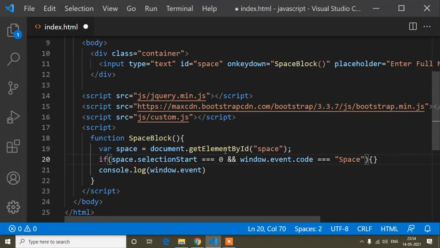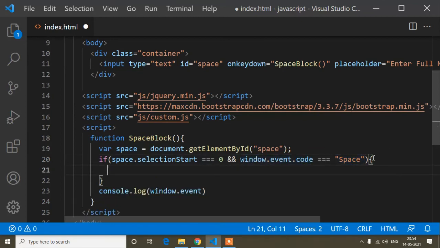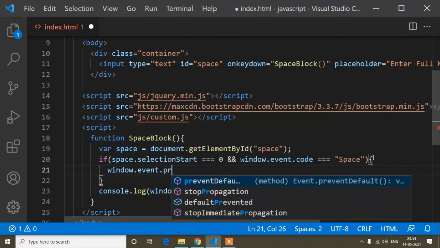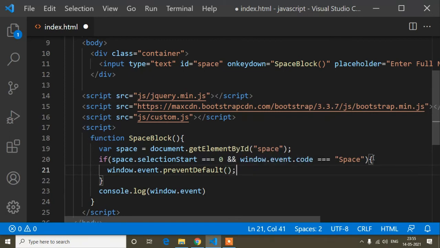So that means when the selection start is 0, that is when I press the first key in this input field, and window.event.code equals space, meaning the first key from the keyboard is the space, at that time I can write window.event.preventDefault. preventDefault is the same as return false, it blocks the event. So when this condition matches, when the user presses the first key in this input field and that key is a space, it will block the event.